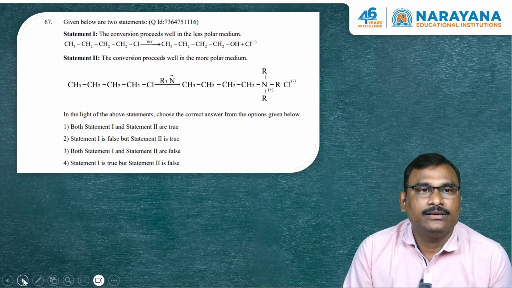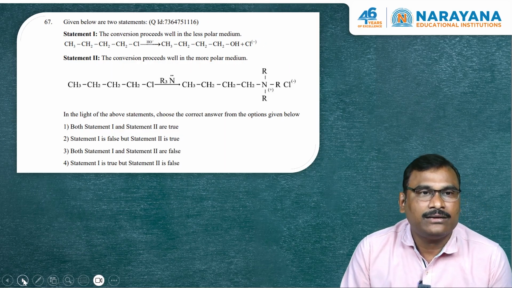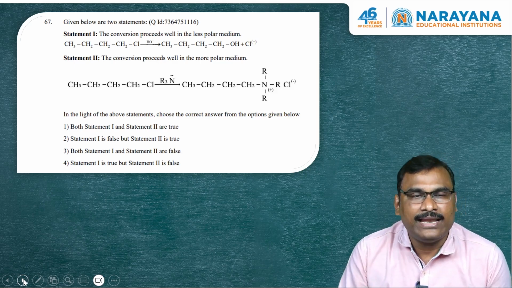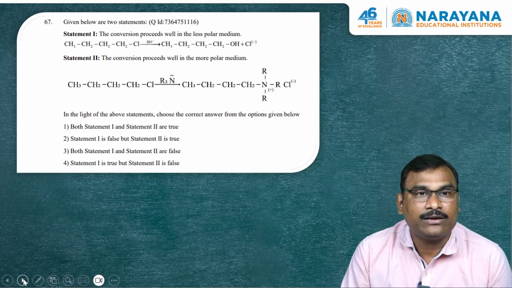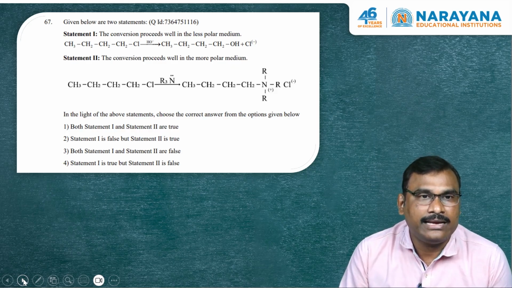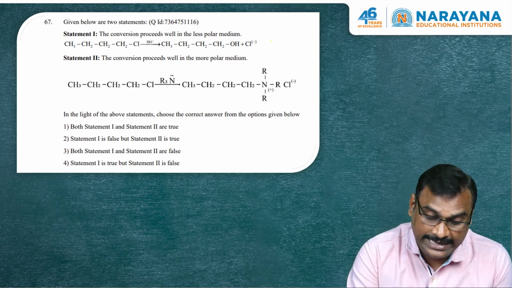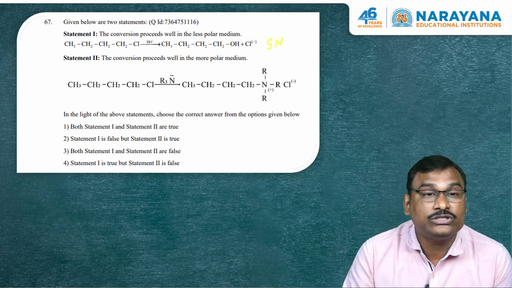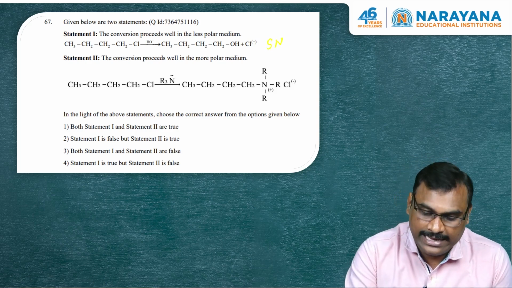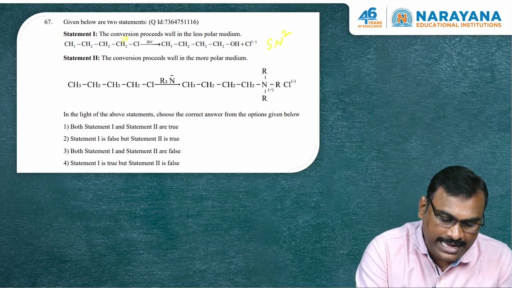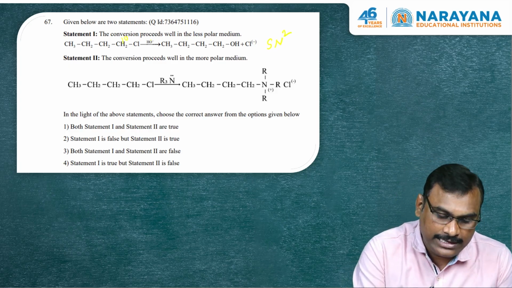67. Again the question is statement based. The conversion proceeds well in the less polar medium. Yes, N-butyl chloride on alkali or OH minus produces N-butyl alcohol. Therefore, it is a nucleophilic substitution. We can say this is an SN2 mechanism since it is a primary alkyl halide as well as the nucleophile